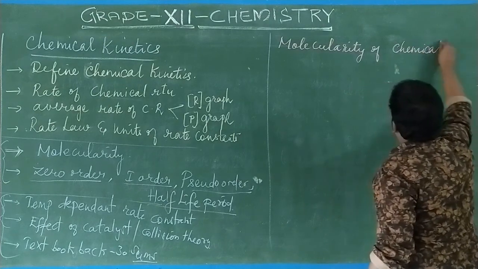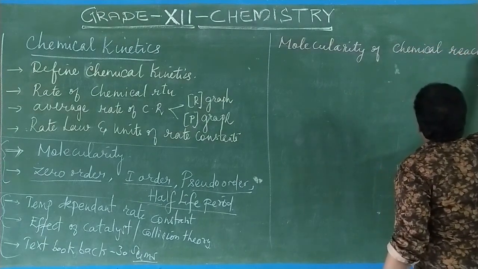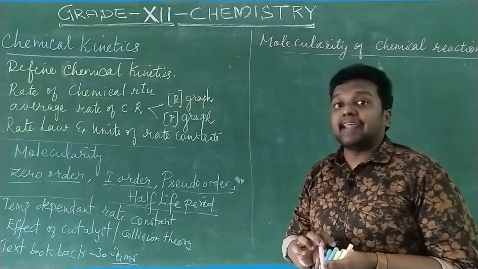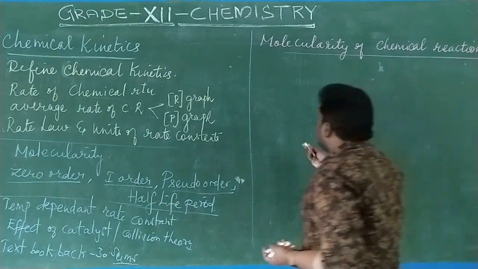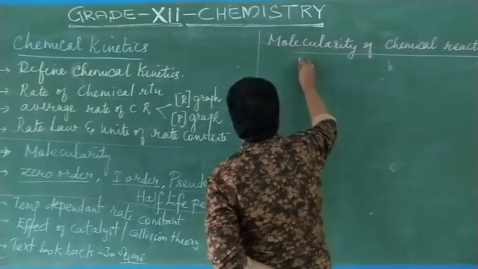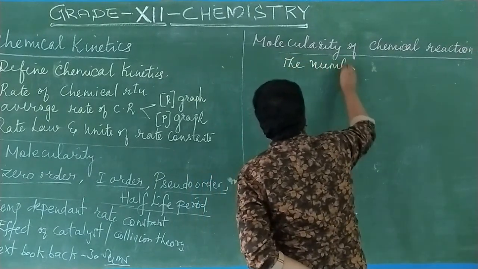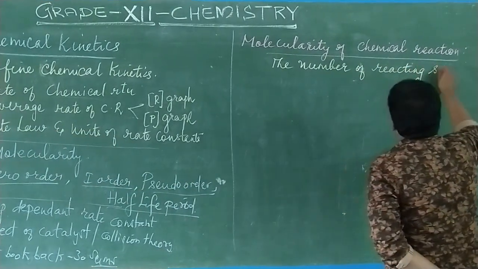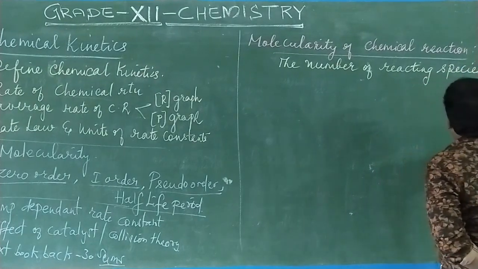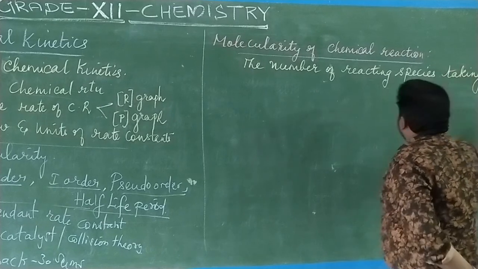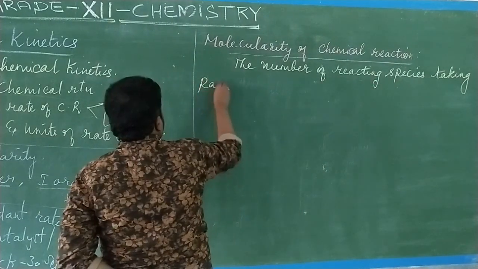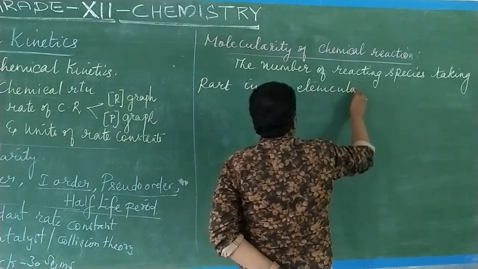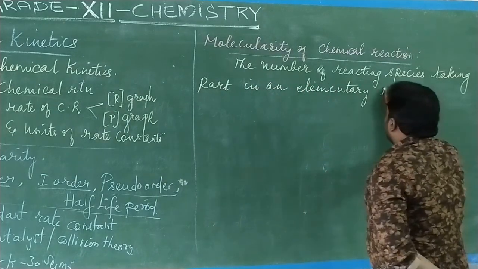What is meant by molecularity of chemical reaction? Molecularity of the chemical reaction is the number of reacting species taking part in an elementary reaction. It indicates the number of reacting species taking part in an elementary reaction